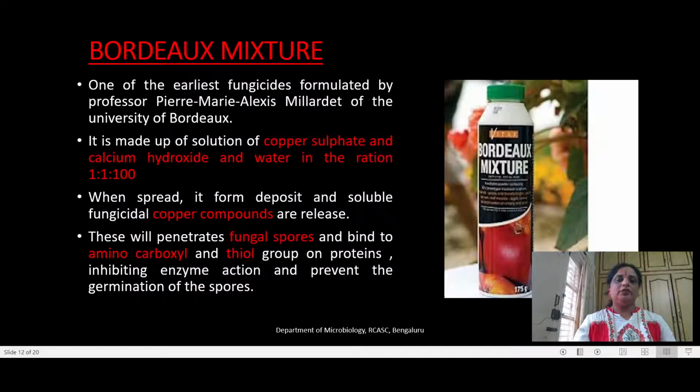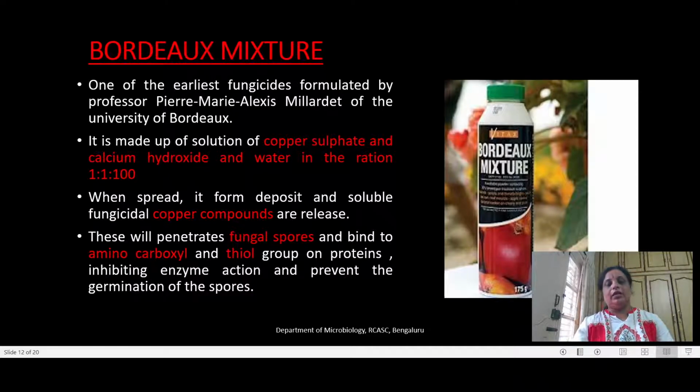So Bordeaux mixture is one of the very good fungicides, with copper sulfate and calcium hydroxide in it. The main mode of action of destroying the pest or the fungi is by penetration of